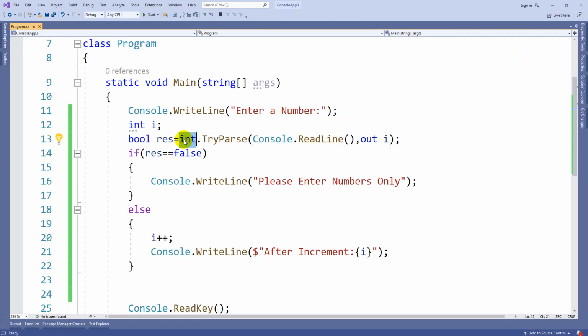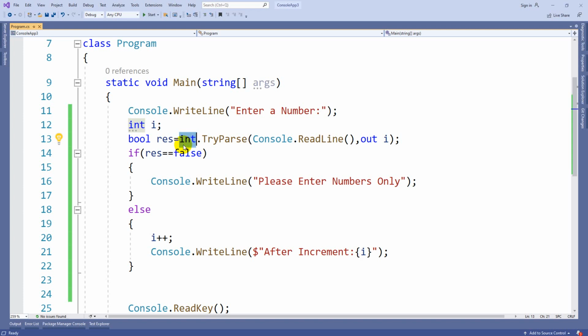Likewise, you can use short.TryParse, long.TryParse, double.TryParse. These TryParse methods will be helpful to check whether the conversion is a success or failure. And one more thing, they help us handle the errors raised through wrong inputs from the end user.